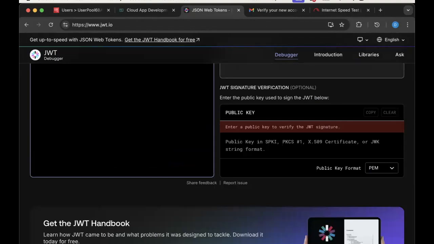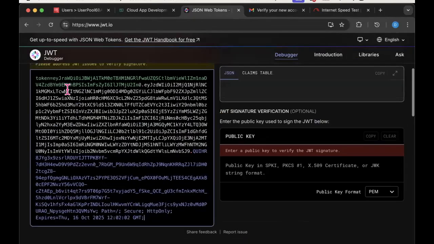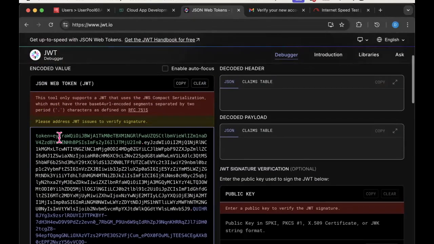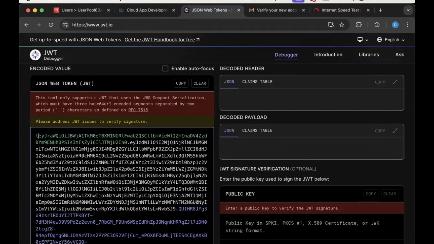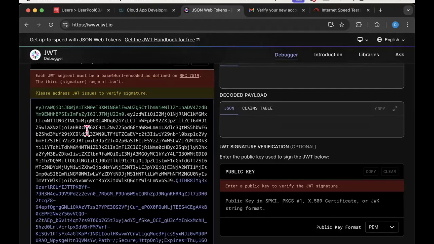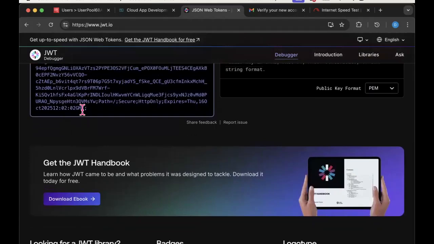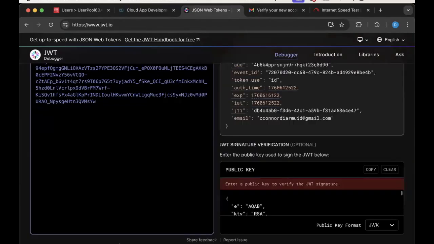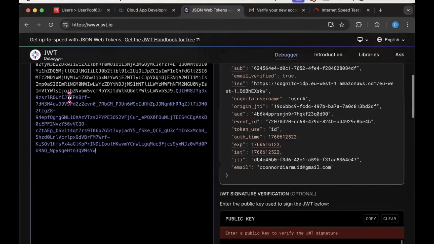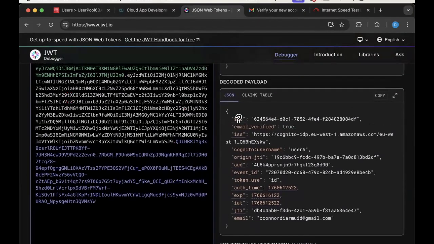So I'm pasting in. Now I do have to take out parts of it because what I'm really copying here is the cookie. It's not the cookie, it's just the token itself. So I need to get rid of this part at the beginning of the cookie. And there's also a bit at the end that I need to get rid of, which is all of this. Okay, so that's my full JWT token, and you can see here on the right